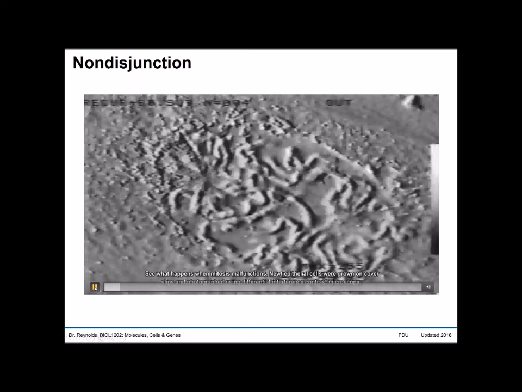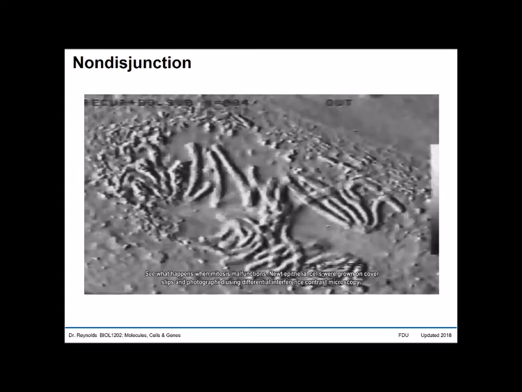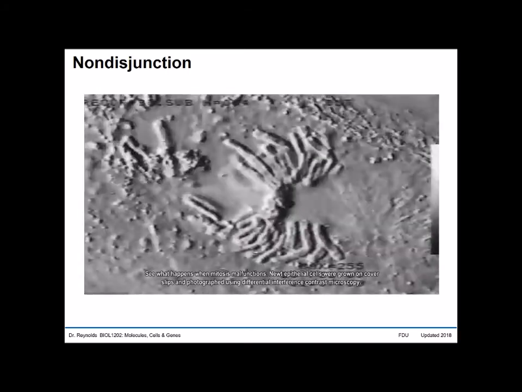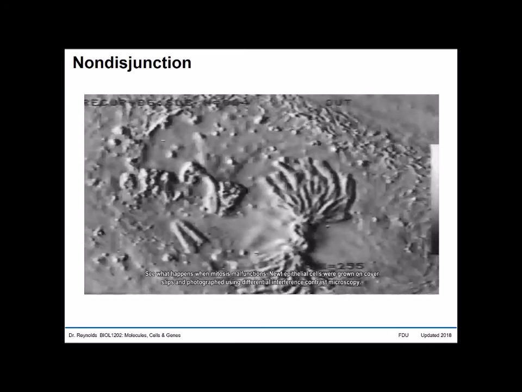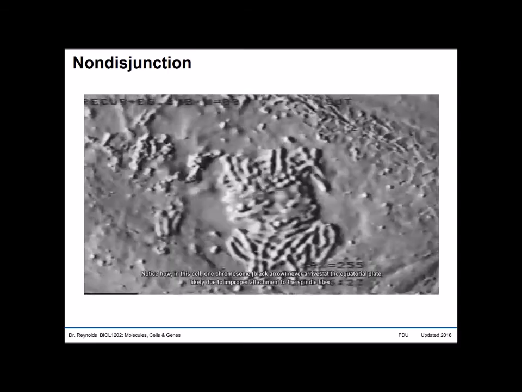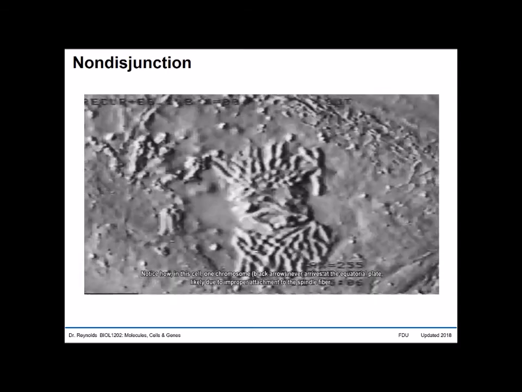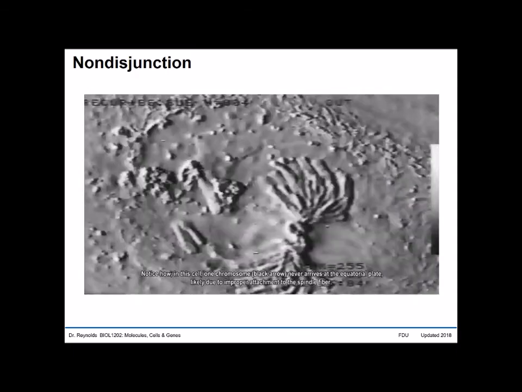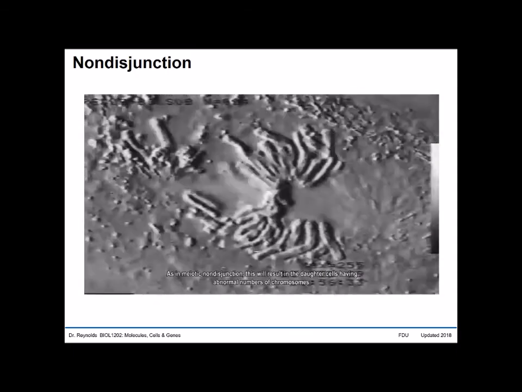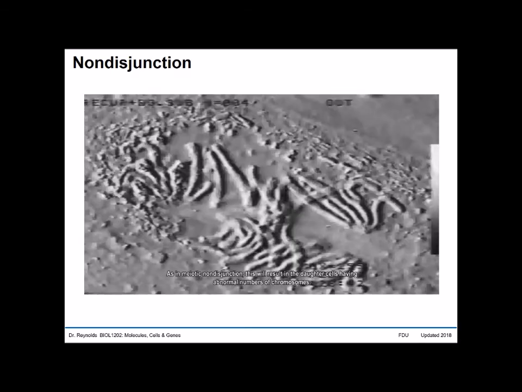See what happens when mitosis malfunctions. Newt epithelial cells were grown on cover slips and photographed using differential interference contrast microscopy. Notice how in this cell, one chromosome, black arrow, never arrives at the equatorial plate, likely due to improper attachment to the spindle fiber. As in meiotic non-disjunction, this will result in the